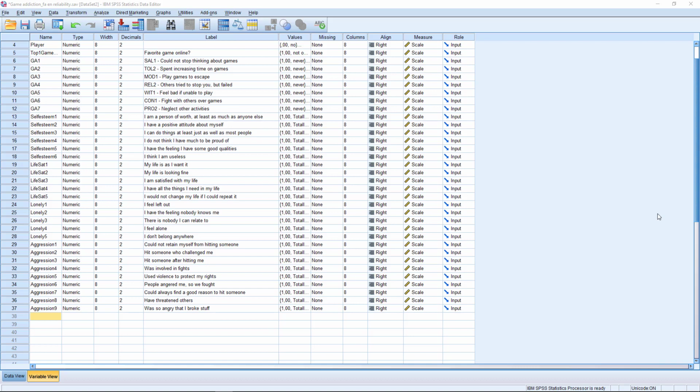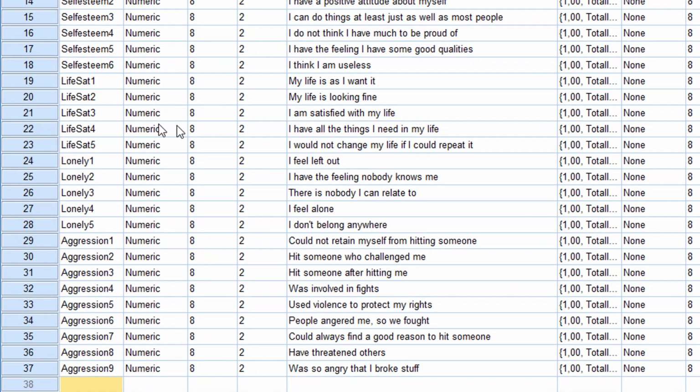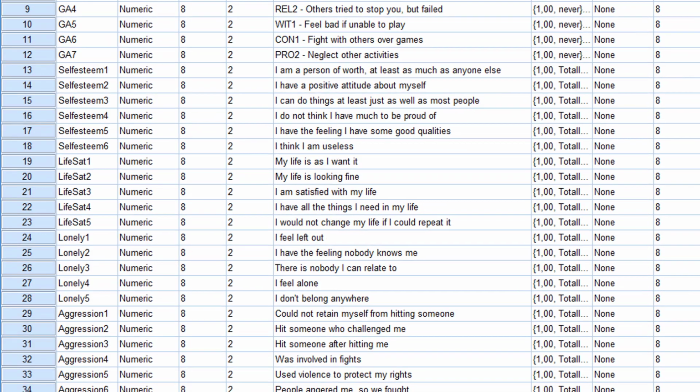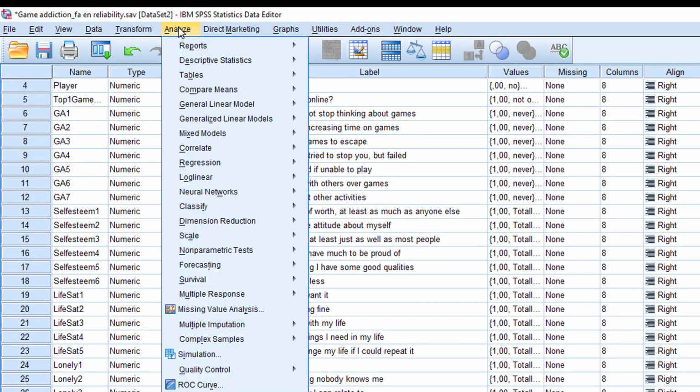Hi, in this SPSS micro lecture I will show you how to run a factor analysis in SPSS. So for this example I want to know if items that measure loneliness and items that measure aggression actually measure two distinct latent constructs. So I will run a factor analysis by going to Analyze, Dimension Reduction and click on